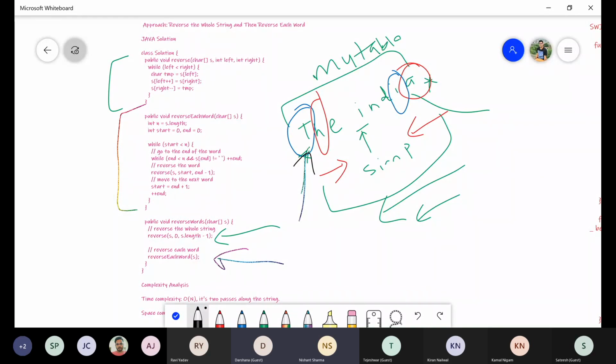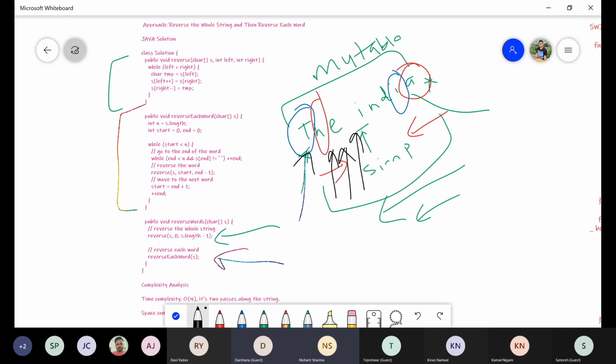Then in the second line, we find the end index for the first word. Initially end is pointing to T, so it's not equal to space, we can do plus plus. Now end is pointing to H, also not equal to space, so we increment end to E. This is also not equal to space. Now end is pointing to space.